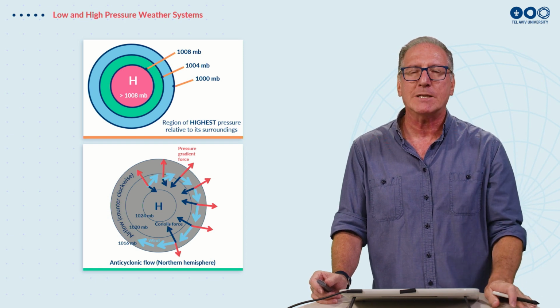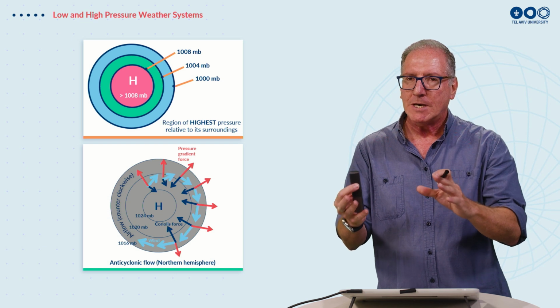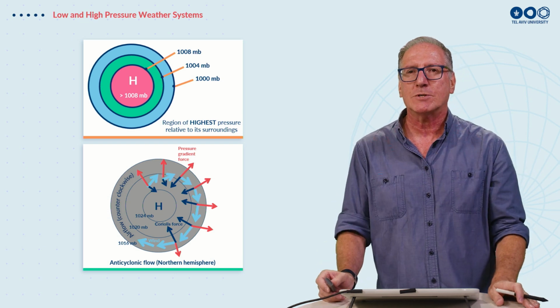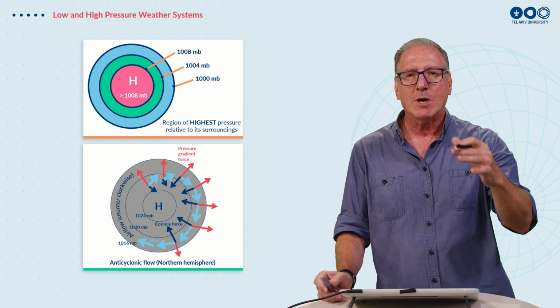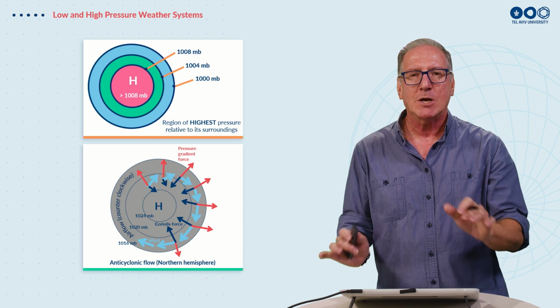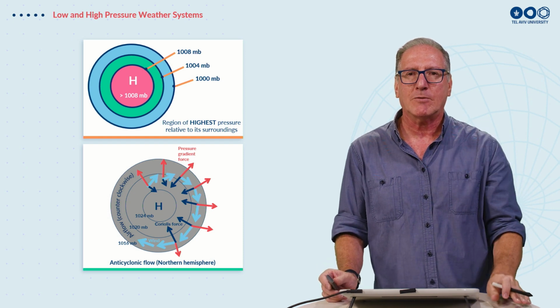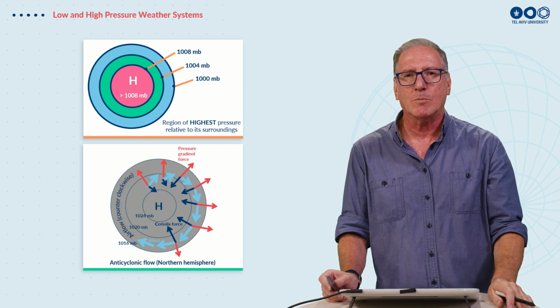But again, immediately it starts to feel the Coriolis force. And so again, in the northern hemisphere, it gets diverted to the right-hand side of the motion. And eventually, if we have enough time, we get the light blue arrows where we see here around a high pressure cell, we have anticyclonic flow, or clockwise flow, around the center of the storm.